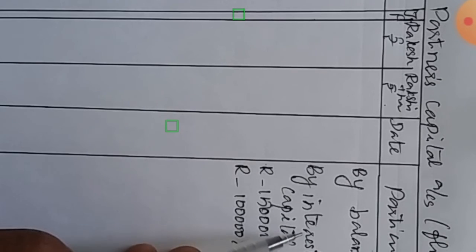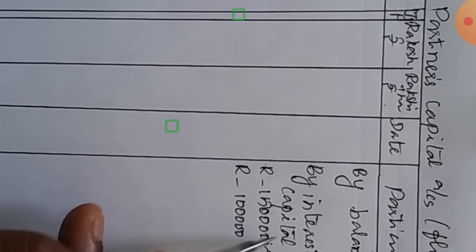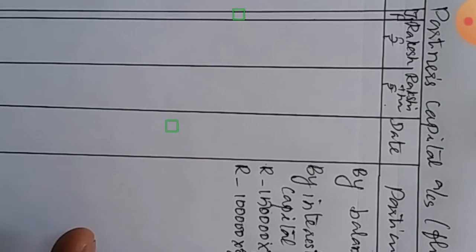Now the next one is what? Interest on capital. It is an income to the partners. We show it on the credit side. I did the calculation here. On the capital of Rakesh, 8% for 1 year, I calculated. How much did I get? 12,000. On the capital of Rakshita, 8%, I calculate. I'll get how much? 8,000.